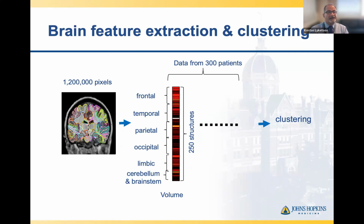And using automated methodologies, so in the old days when I was growing up, you would go to a scan, sit in front of it, and you would trace it with a cursor. We don't need to do that anymore. There are automated capabilities. This one allows us to produce volume clustering. So we can look at atrophy patterns